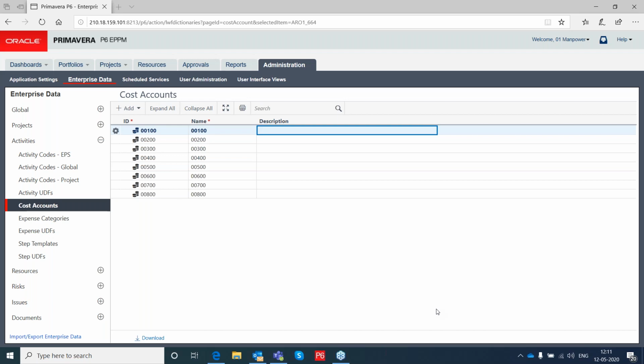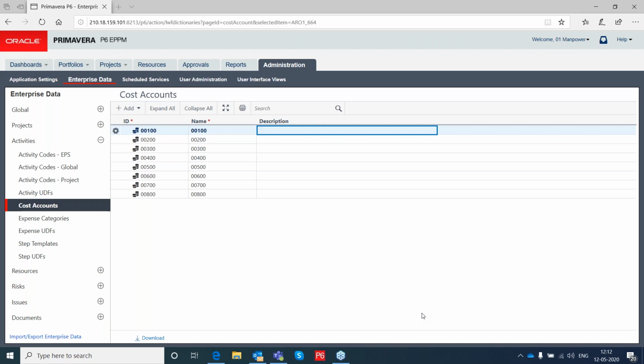Thank you so much, sir, for this wonderful session. I just want to ask, can we manage the manpower using this cost management? Like we have a site with two or three towers, so every time we can't know how much manpower is available in each tower. So can we update this in this cost account or cost management? Srinivasan? Sorry, come again? Actually, can we manage this manpower using this cost management in Primavera?